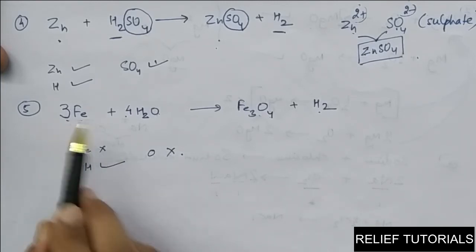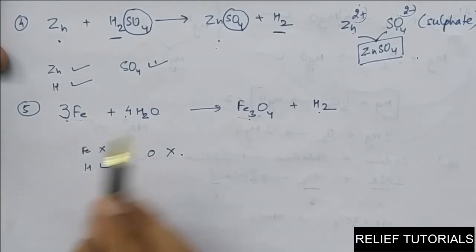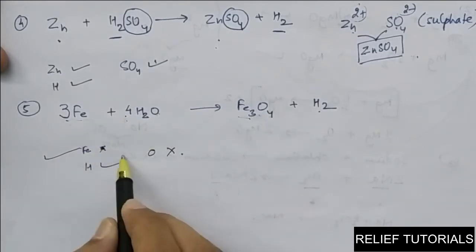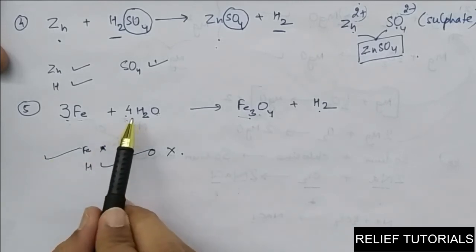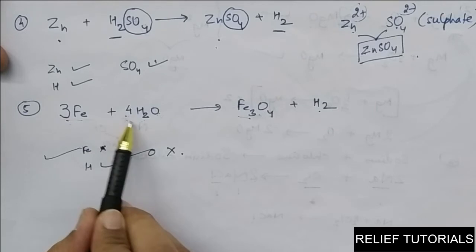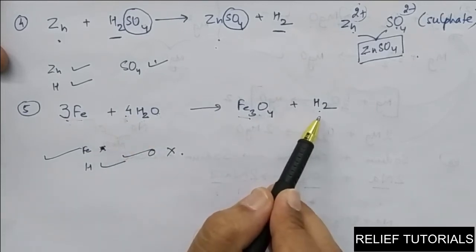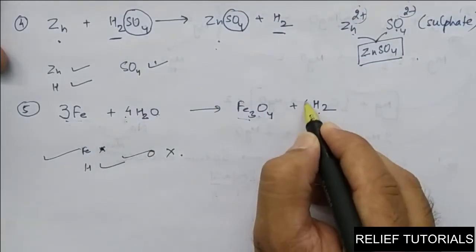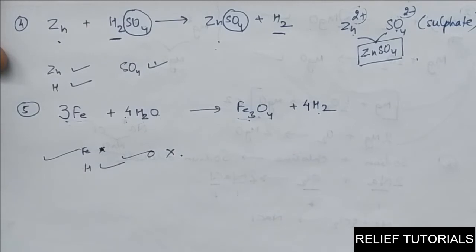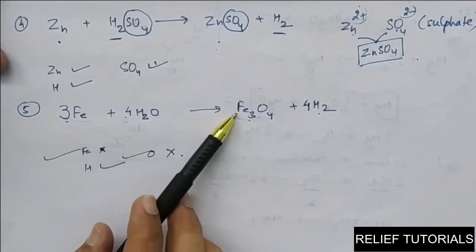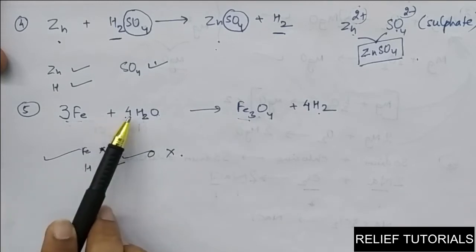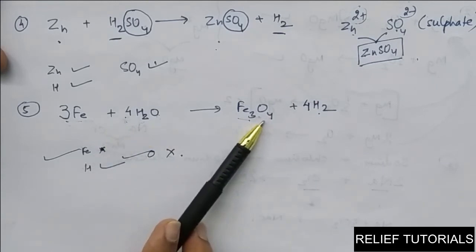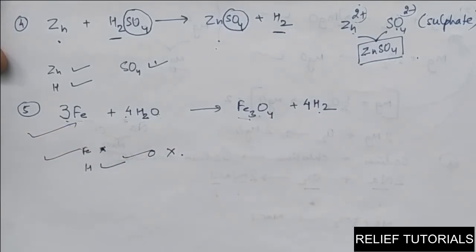Okay, so Fe3, Fe3, done. So Fe is balanced now. O4, O4, balanced. But what about hydrogen now? Hydrogen is 2 4s are 8 here now, and here is only 2. So here is 8, here is 2, so how can you make 2 is 8? So I think it's multiplied by 4. So Fe3, Fe3, H8, H8, O4, O4. So the equation is now balanced.